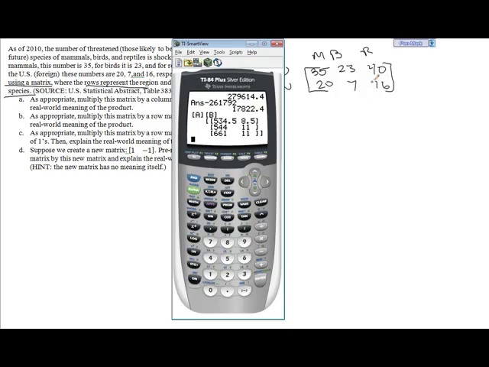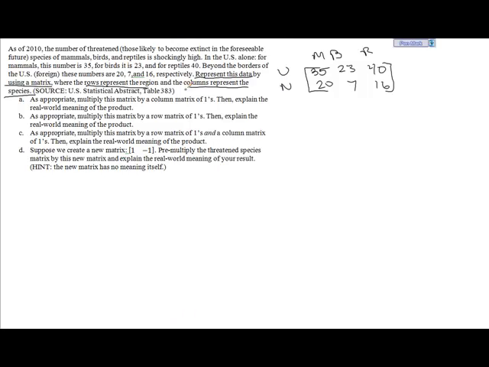Okay, so the first thing I'm going to do is enter this into my matrix real quick. I'm going to edit the first matrix. This is a 2 by 3, so I'll make it a 2 by 3. And the numbers are going to be 35, 23, 40, 27, and 16. As appropriate, multiply this matrix by a column matrix of 1s, then explain the real-world meaning of